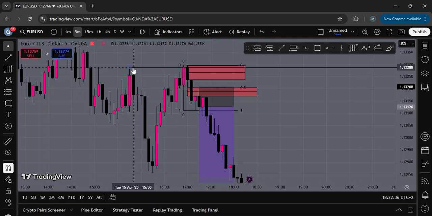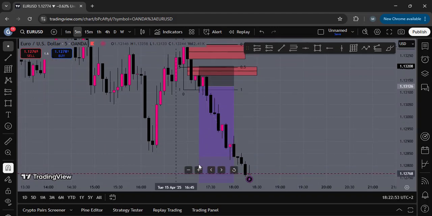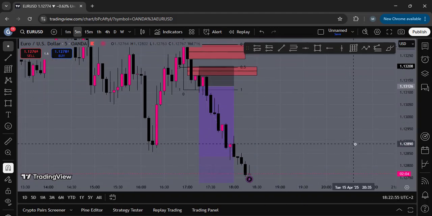You have a really nice 15-minute liquidity sweep, very nice point of interest, very nice market structure shift, very nice fair value gap. It's not too massive and it's one fair value gap. Very nice reaction with no close. Very nice sell candle also, and then good liquidity points at the bottom. So there you go. You waited for the reaction, and that's going to up your win rate a lot more.